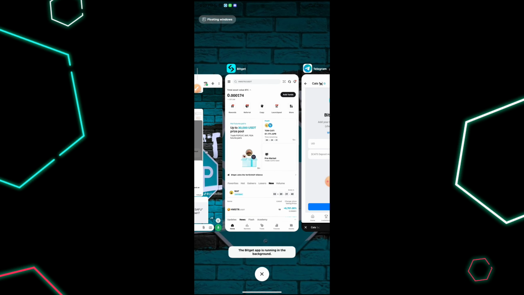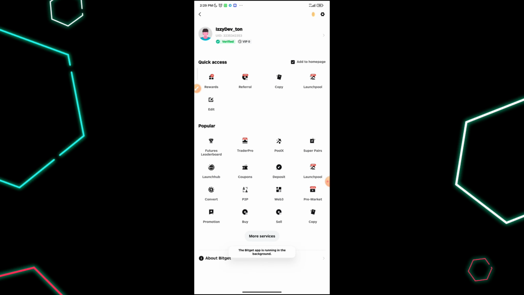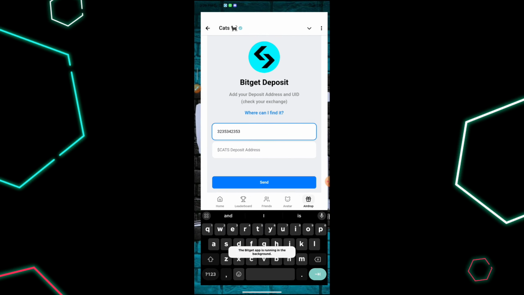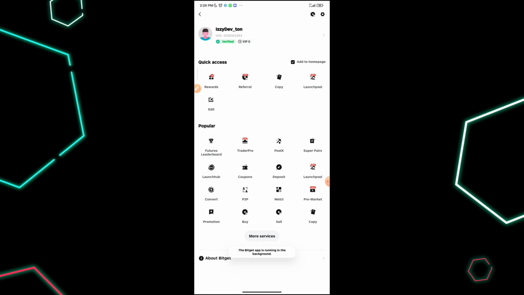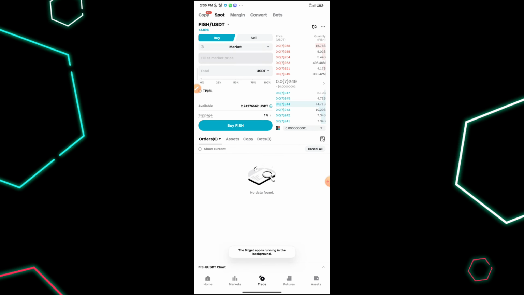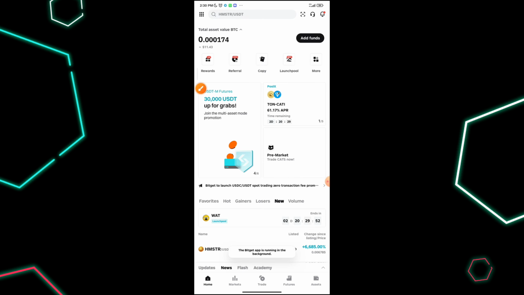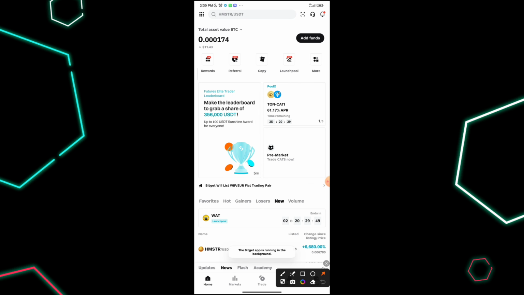Then you are needed to paste your UID and your cat address. So you go get the UID, then paste it, then go get your cat deposit address. It is found in, just click add tokens,